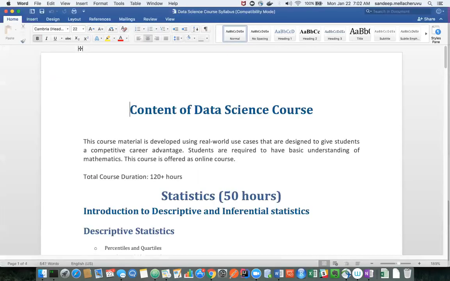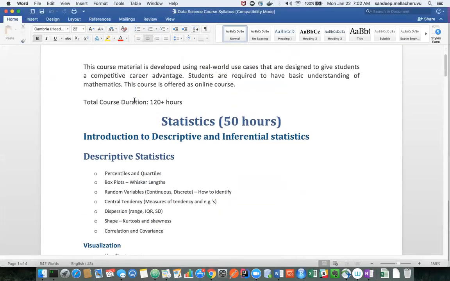That's how the course is organized. Now coming to the syllabus. Like I said, it is around 120 hours of course. Most of the times, at least last time, it went up to 140-150 hours. So I'll be teaching more but not less. Even though I mention it as 120 plus, it might go until 140. So bear with me if I am going to teach more, but I'm not going to teach less. That is for sure.